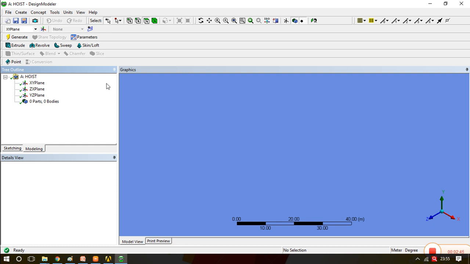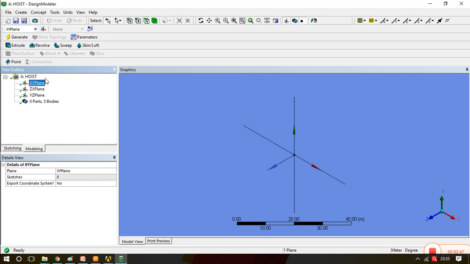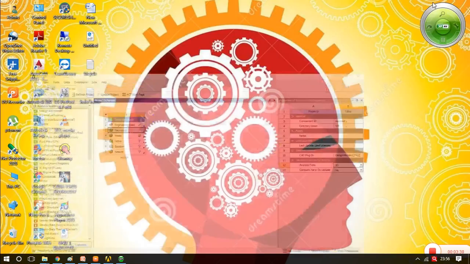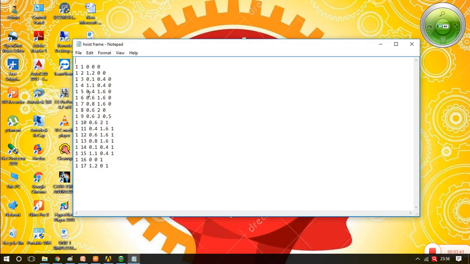Now once you come to the design modeler, select the XY plane and we'll create the points. In the last example we have already seen how to import the points from the txt file, so we'll do the same thing, but before that let us see the coordinates. Please take a photo of this particular file so that it will be more beneficial for you.